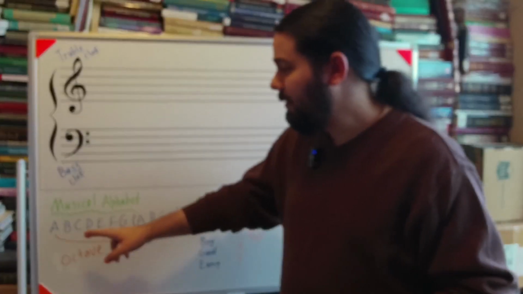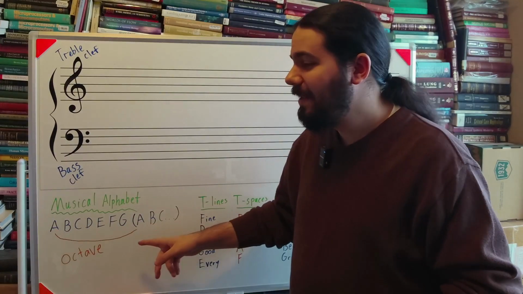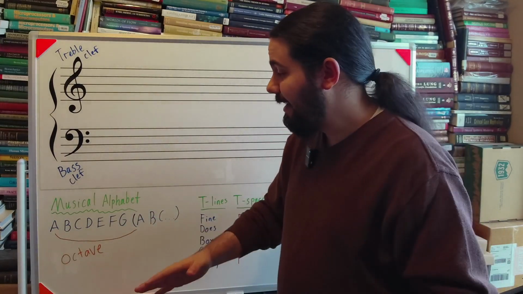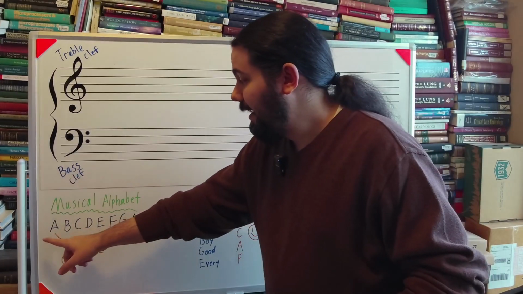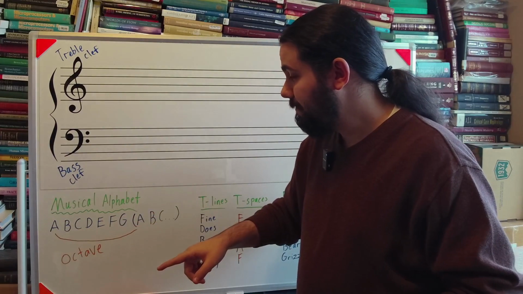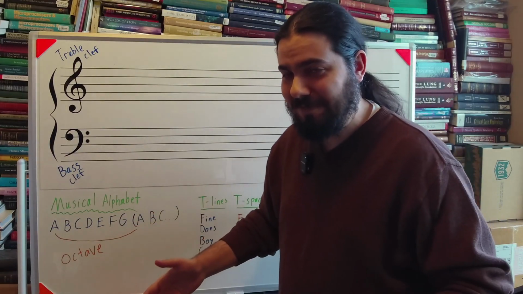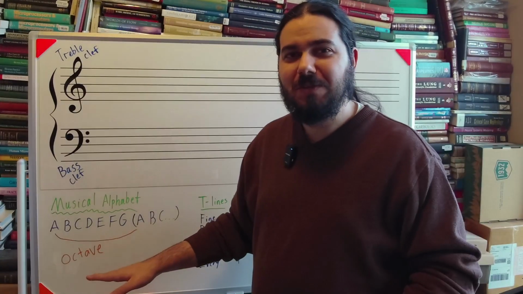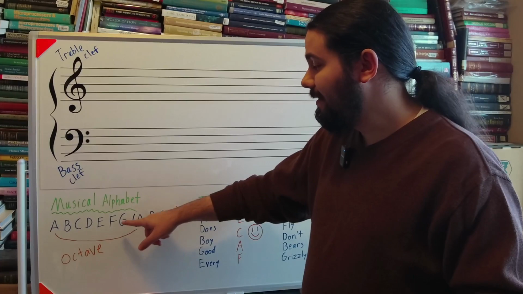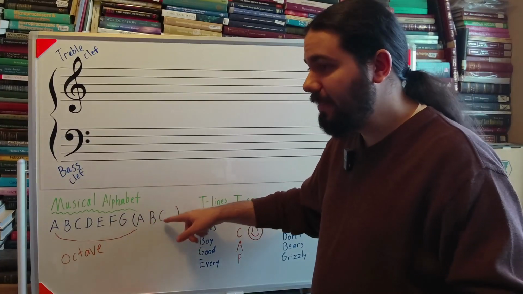So first, I want to draw your attention to the musical alphabet. Thankfully, it's not nearly as many characters as the English alphabet, and it's simply just this. A, B, C, D, E, F, G. And that's it. So as long as you know that part of the song, you'll automatically know the musical alphabet by default. Bear in mind that once you do reach G, it does repeat to A and then B, C,